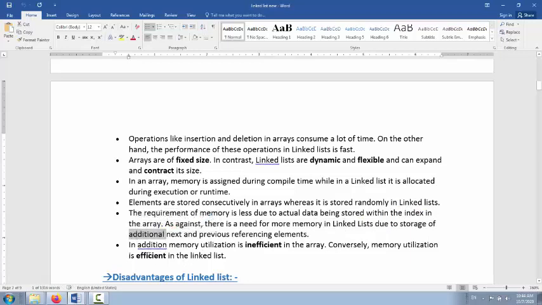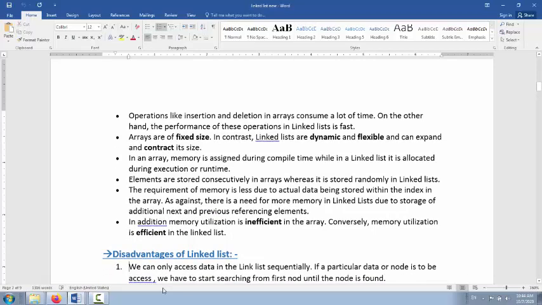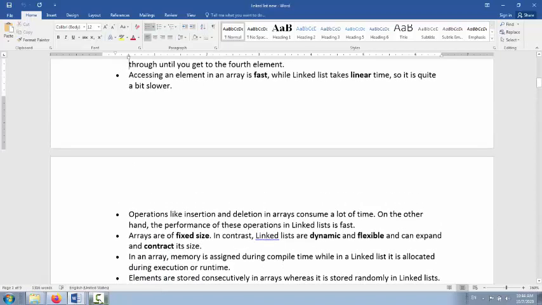In addition, memory utilization is inefficient in the array, whereas we can efficiently use the memory inside the linked list. So these are the advantages of the linked list over the array, or we can say the comparison of linked list versus array. Thank you.